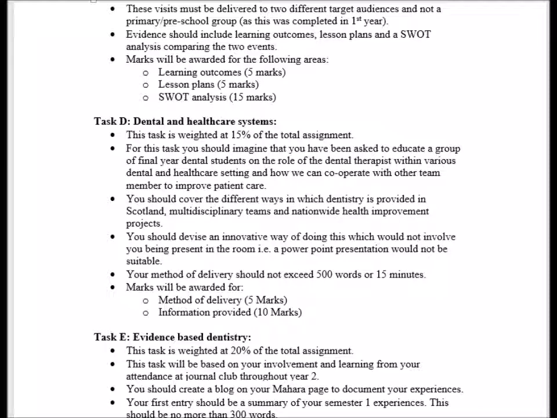And we're wanting you to cover various different things here. You can see we're talking about the different ways in which dentistry is provided in Scotland, also multidisciplinary team working, because that's something we as therapists are greatly involved with, as well as nationwide health improvement projects, so things like Caring for Smiles, Child Smile, that kind of thing. But the way you do this